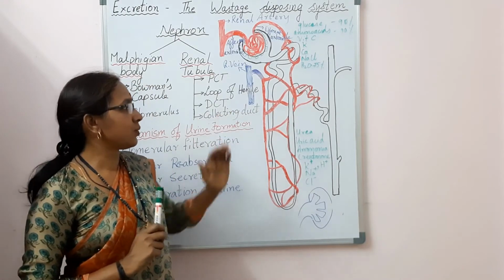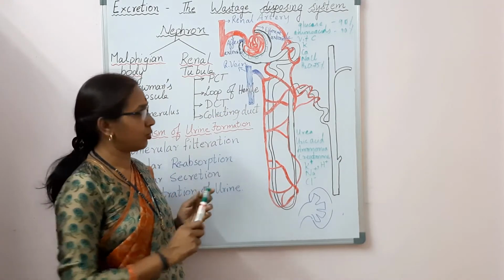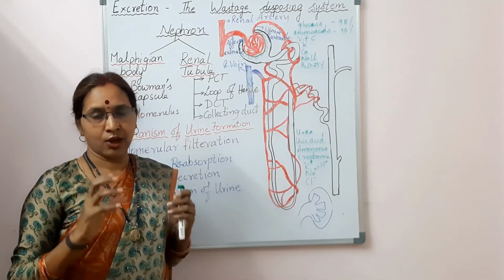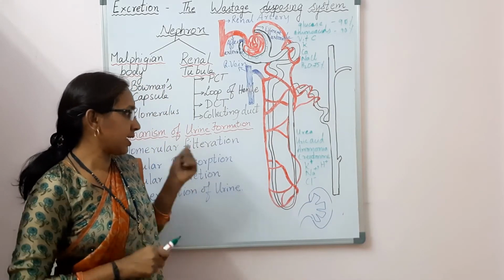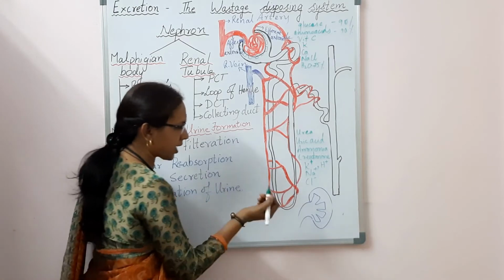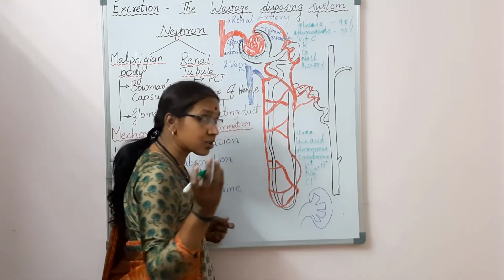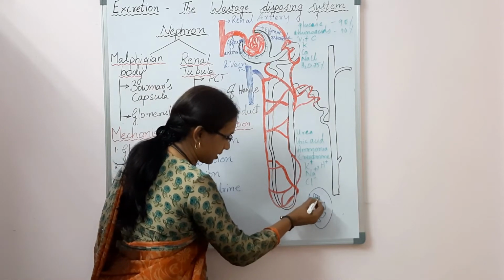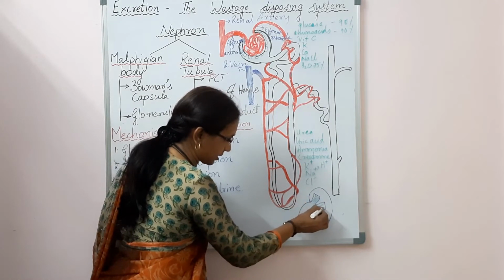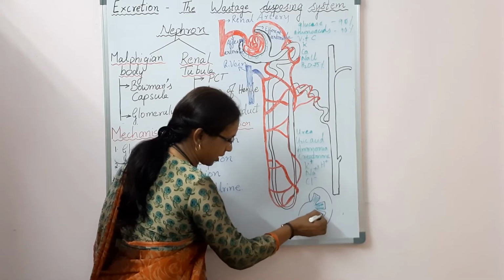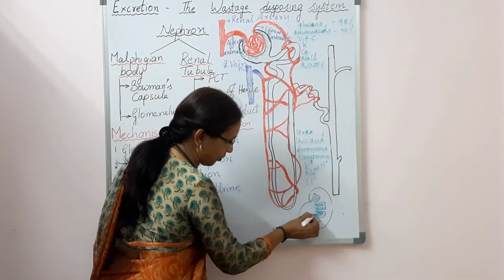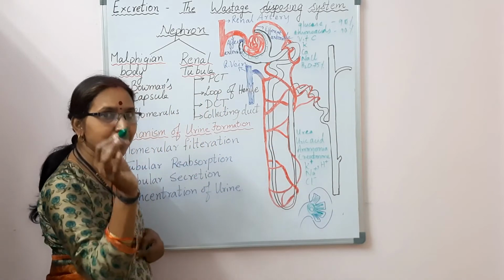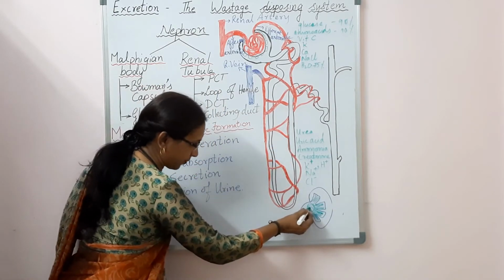Now this urine from the distal convoluted tubule finally enters the collecting duct. There are many collecting ducts. Millions of nephrons are present in the kidneys. You will find all these are present in the collecting ducts. These are the collecting ducts, and all these collecting ducts join together, and then they pass all the urine into this area known as the pelvis. From the pelvis, this urine is